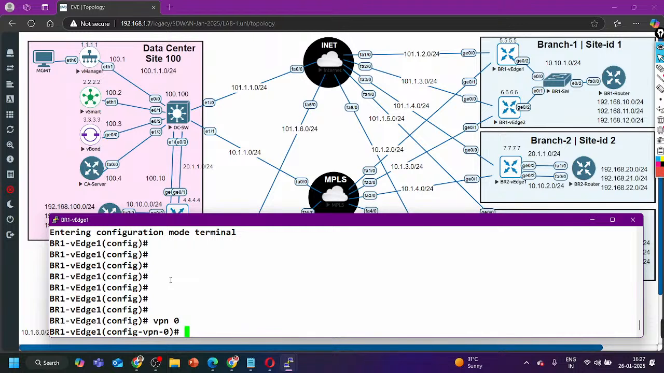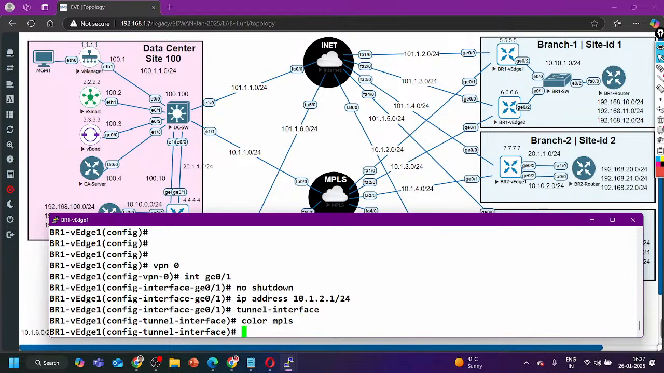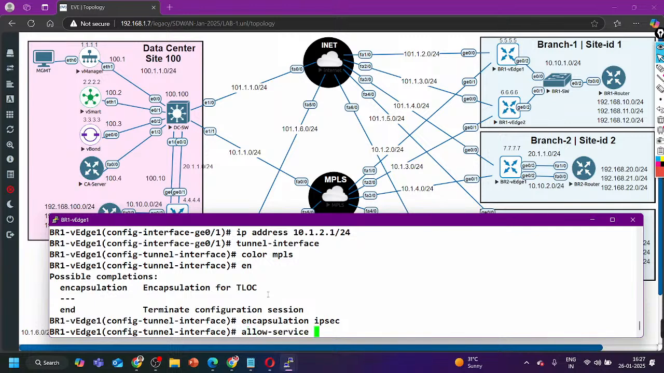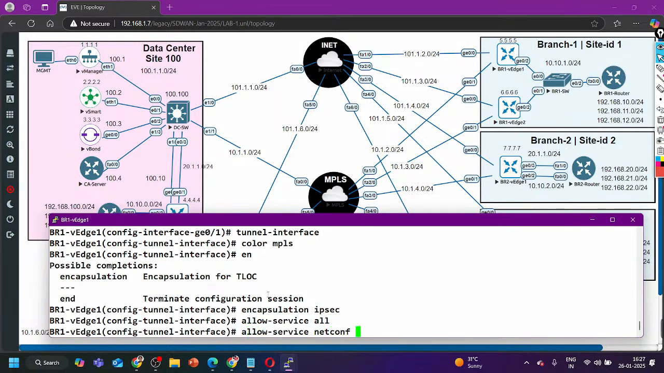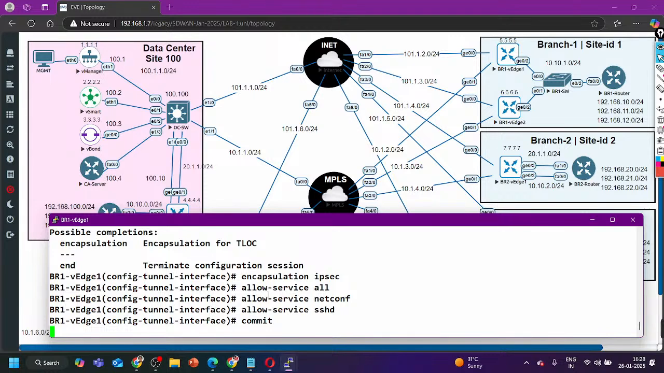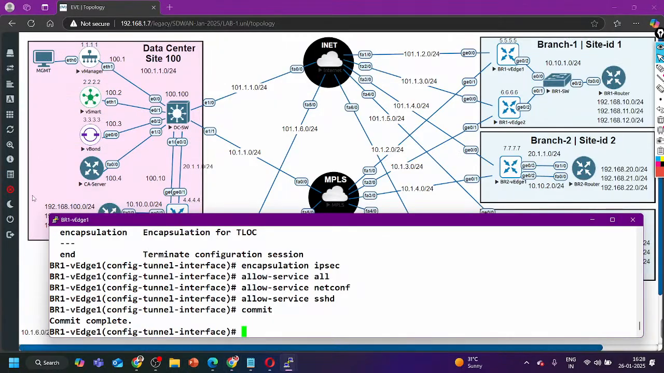VPN 0 interface G0/1, no shutdown and IP address 10.1.2.1/24, and then tunnel interface, color MPLS, encapsulation IPsec, allow service all, allow service netconf, and allow service yes. After the commit I am expecting BGP neighborship over here and after BGP neighborship I am expecting the routes